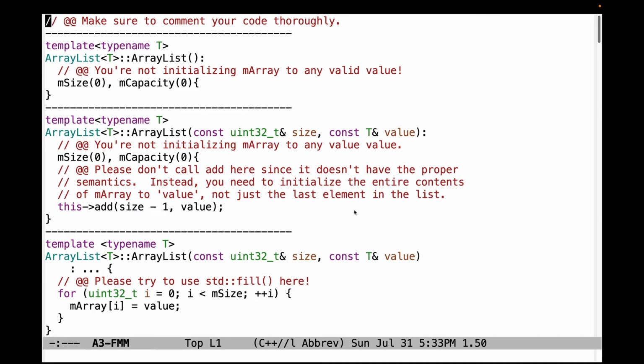Welcome to the preliminary walkthrough of frequently made mistakes that I've seen during my initial review of Assignment 3 for CS 3251 in summer of 2022. First, please make sure to comment your code thoroughly. A lot of people are writing a lot of code, but they're not commenting it at all, which makes it next to impossible to figure out what the intent is when I'm trying to review your code and provide you